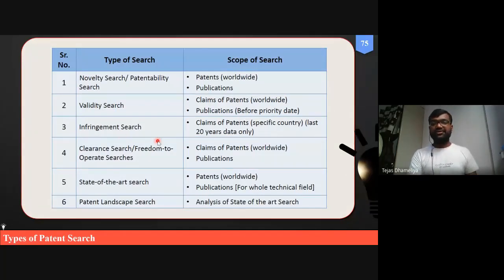Infringement. So at least you need to give 20 years of data. You need to study that for these kinds of infringement search. Clearance search. क्योंकि पेटेंट की वैलिडिटी 20 साल जितनी होती है तो आपको last 20 साल में जितने भी पेटेंट फाइल हुए हैं, you do not need to worry about the patent which is filed in 1950, because if it is there it might have